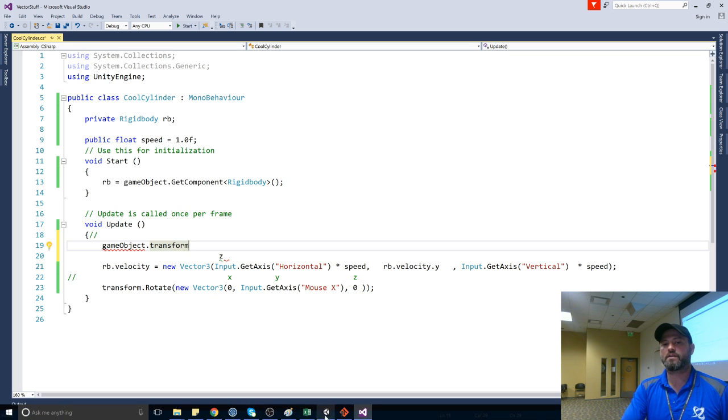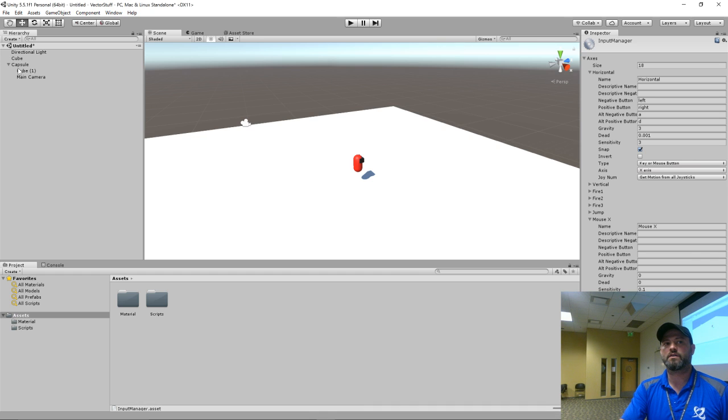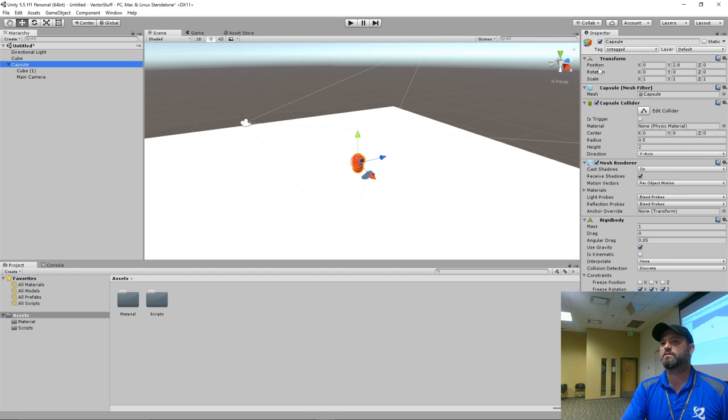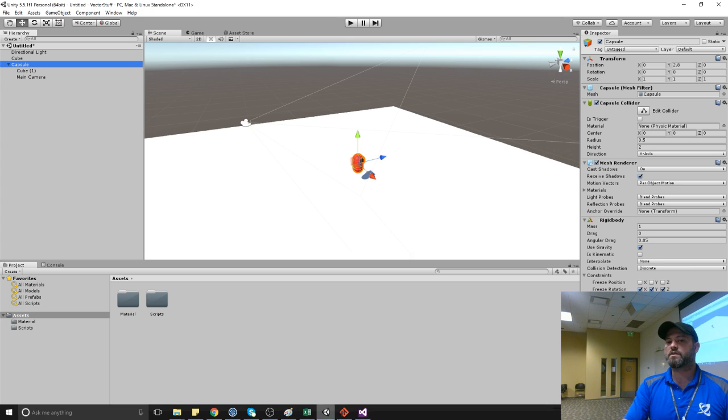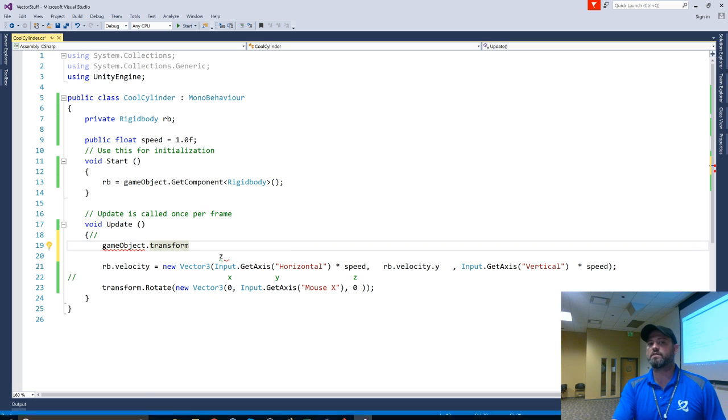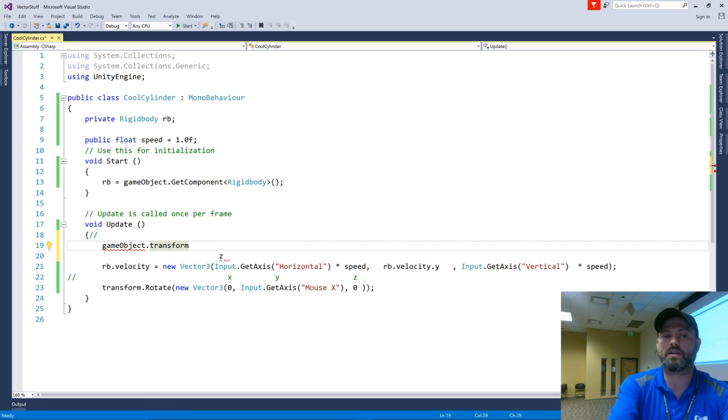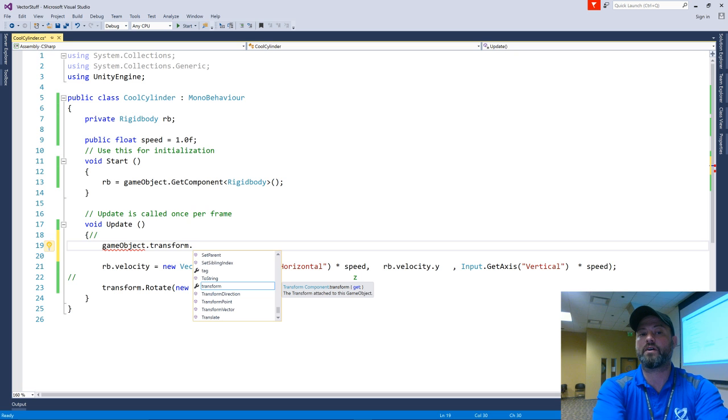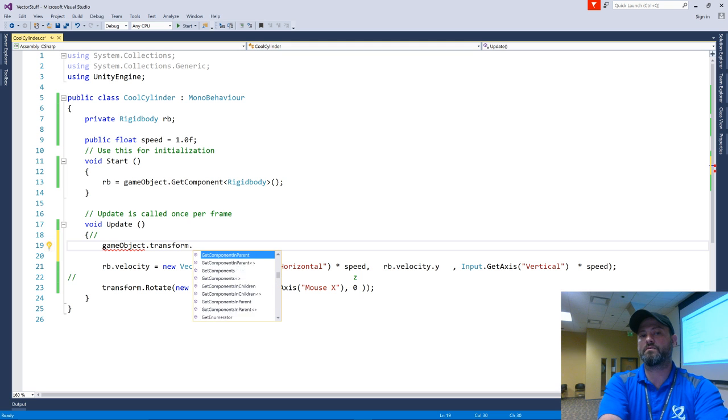But if you look at the transform here, what does it show me here? Position, rotation, and scale, correct? That's not the only things. Once you get into the transform, you can see there's a lot of other things that it has, all right? So it has all of these. I could set parent. I can do a ton of things on this, right?